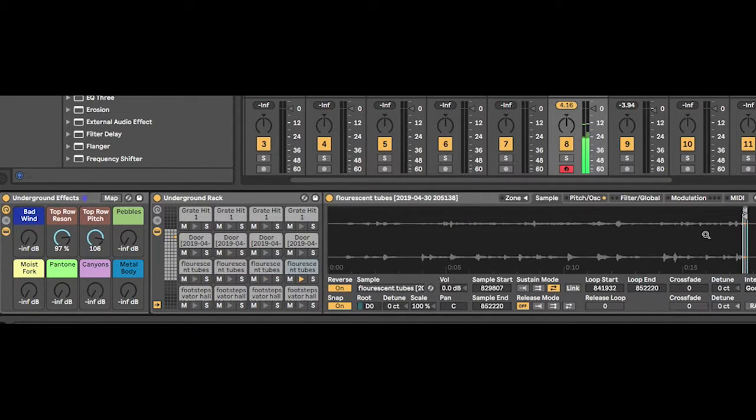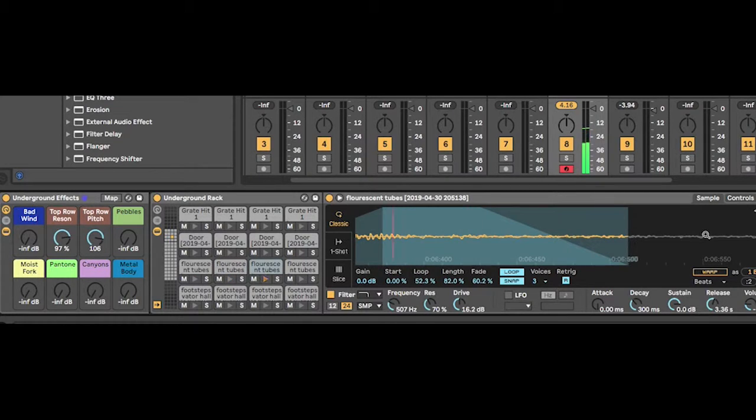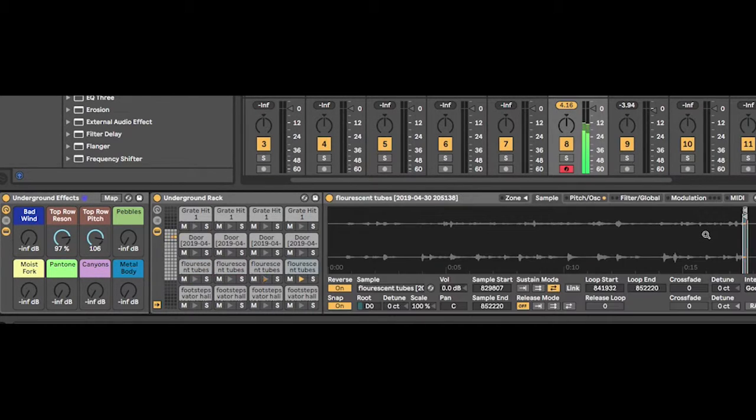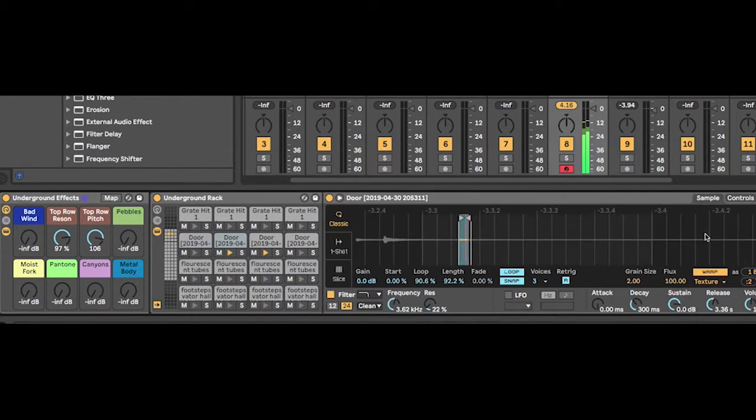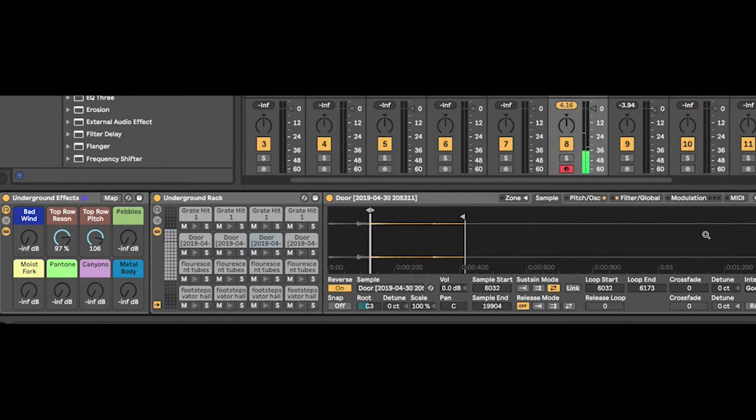Same thing for the fluorescent tubes, which use the same knocked around fluorescent plastic tubing that covers fluorescent lights, but in a way that sounds, of course, nothing like them. Maybe even like creatures a bit. And we have the door, again, sweeping frequency ranges around for some reedy pitched elements like that. And then in this sample particularly, using an FM oscillator alongside the sample itself to create frequency modulation against the